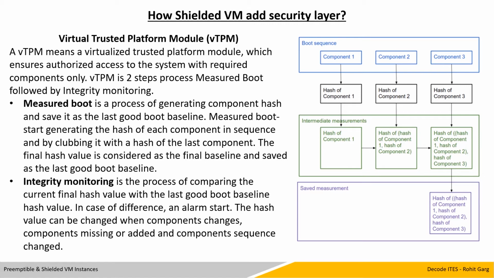of those values. In case of any difference, it will raise an alarm. There is a possibility that this difference comes from a missing component, a newly added component, a modified component, or a changed sequence of components. Any of these combinations changing will result in a different hash value and alarm that the hash has changed, and you need to check that manually or you can add scripts for detailed information. However, in case everything is good, it will save the current boot value as the last good boot value for the comparison of the next boot.